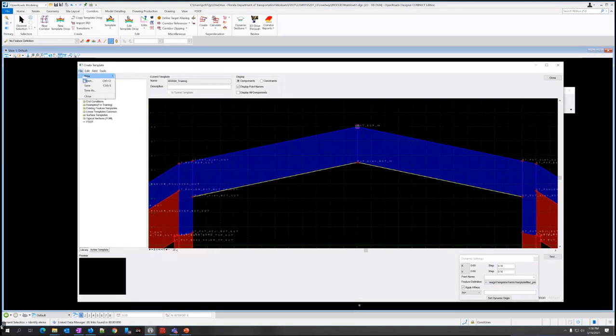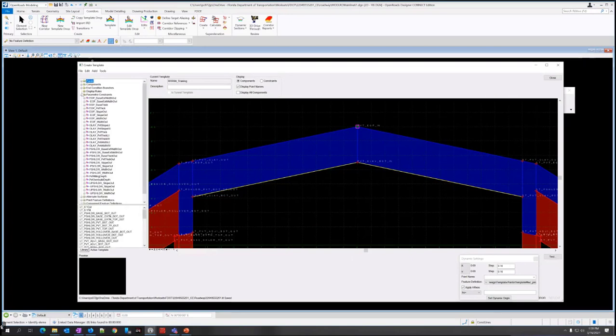All right, so I'm going to just do file save my changes. And I'm going to switch over here to active template just so I can change some properties in bulk. If I go to the parametric constraints folder, if I go to this overlay PVT thick, double click on that.